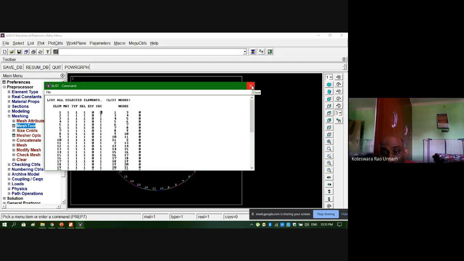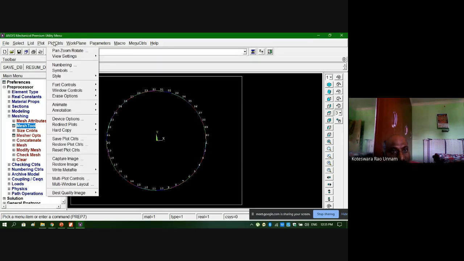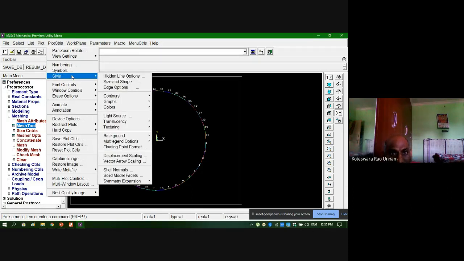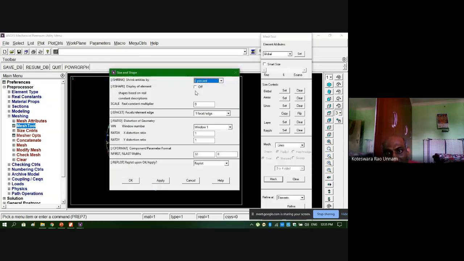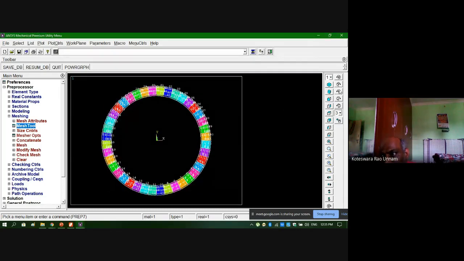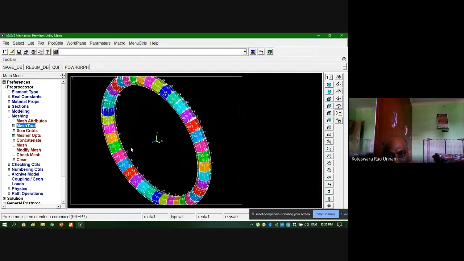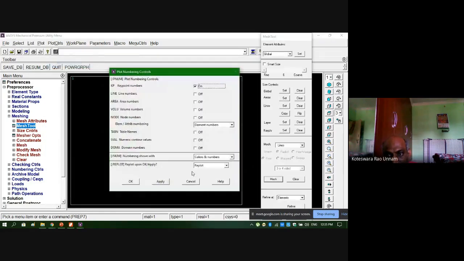If you want to see the circular section also, I can go here to the style, size and shape option. If I keep it on here, see, now if I go for isometric view, you can see the circular cross section also. For clarity, I'll keep that numbering off.